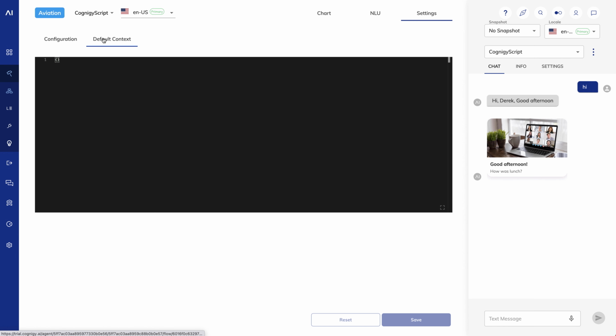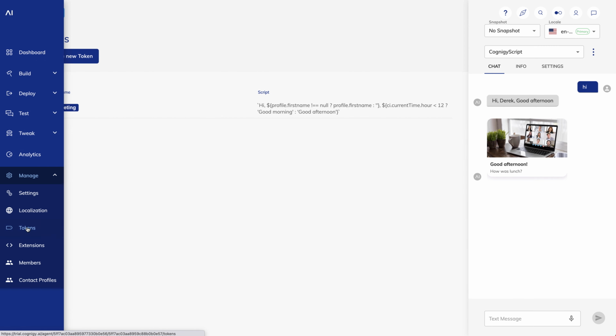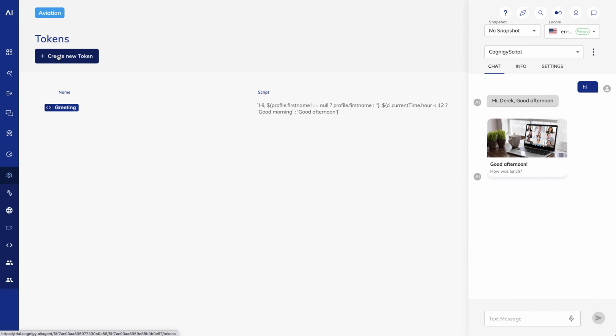I'll add a message to the default context. And save. Now I'll create a token by going to the left bar and selecting Manage, then Tokens.